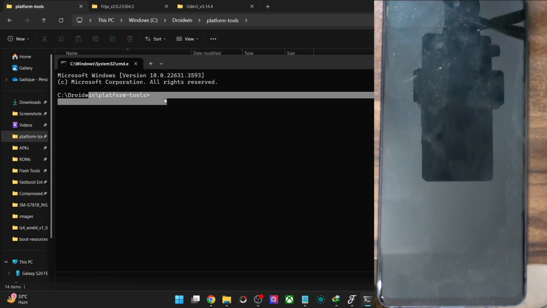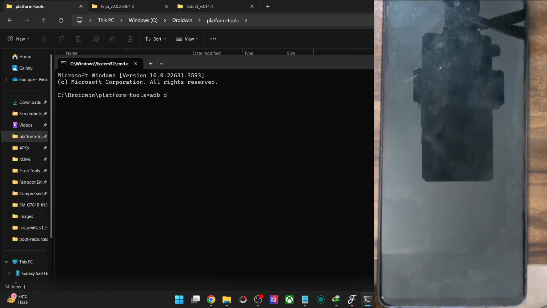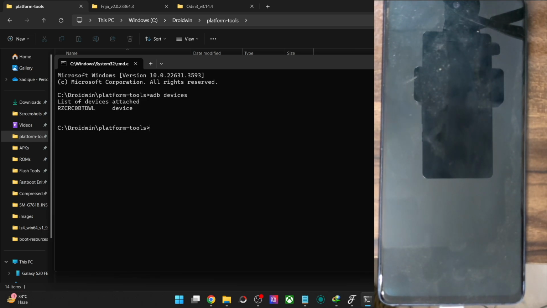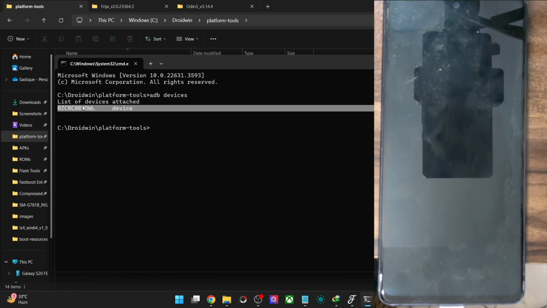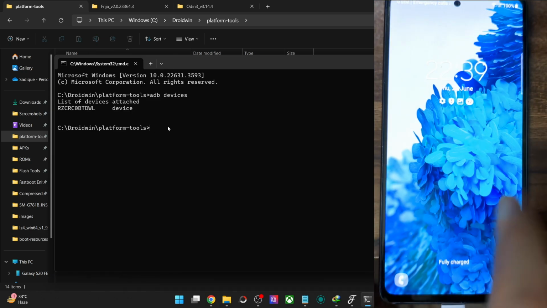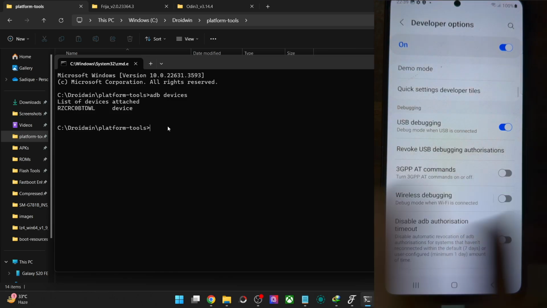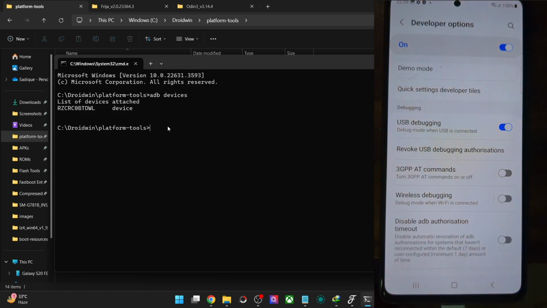So first off, type in ADB devices and make sure that you are getting a serial ID. If you are not getting any ID, then unplug and replug your phone from the PC. Disable and re-enable USB debugging. Tap on revoke USB debugging authorization. As you could see from here, use the official USB cable that came with your phone, or try out using any other USB cable from any other phone, but that should be the official cable only. Likewise, try using the USB 2.0 port on your PC. So try out these USB tweaks and make sure that you're getting an ID.